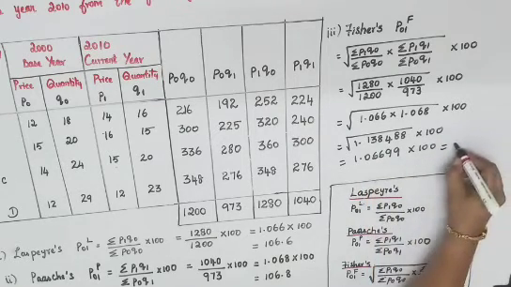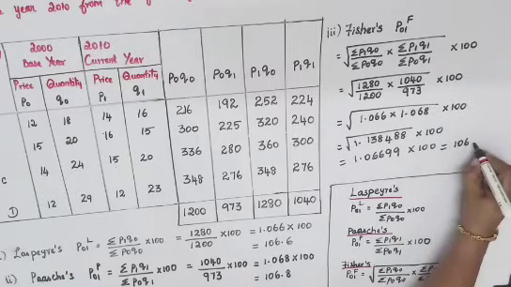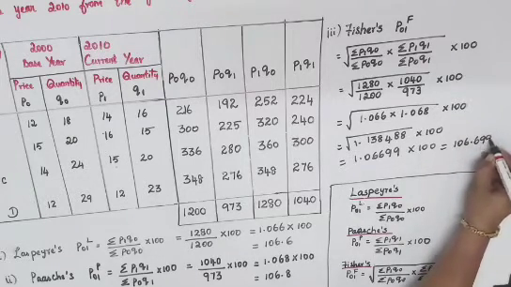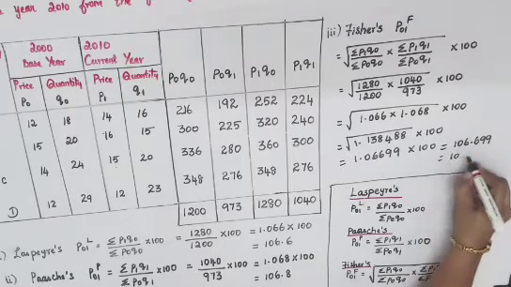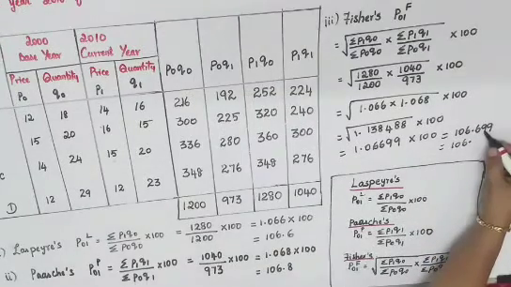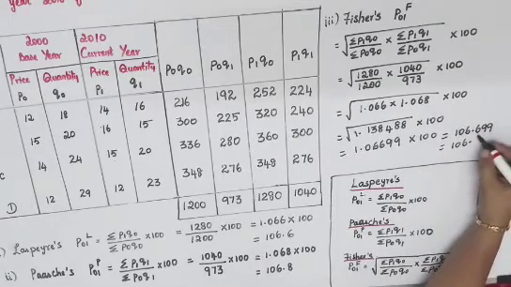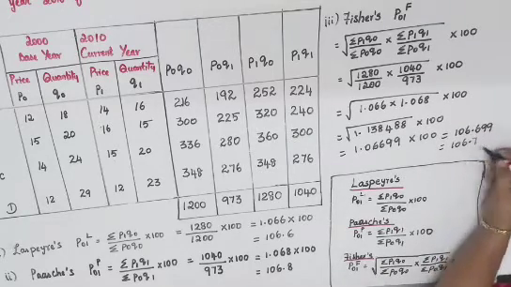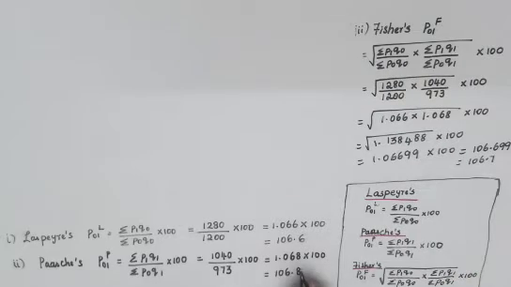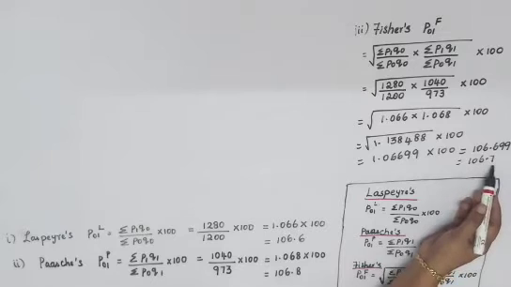So if you multiply by 100, you will get your answer. Two digits you will have to bring it here. 106.699. Otherwise you can write it as 106.7, since it is more than 5, you can add one to the previous number, that is 6 means you can write 7. Okay. So we'll have to write the percentage of increase, that is here 106.6, so 100 is your percentage, therefore the increase is 6.6 percent here. And same way for your Paasche, it is 106.8, therefore increase is 6.8 percent. And for your Fisher it is 6.7 percent.